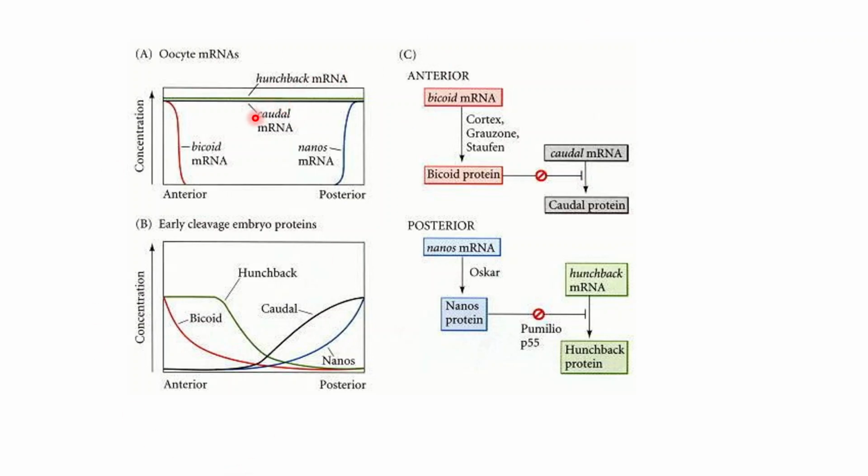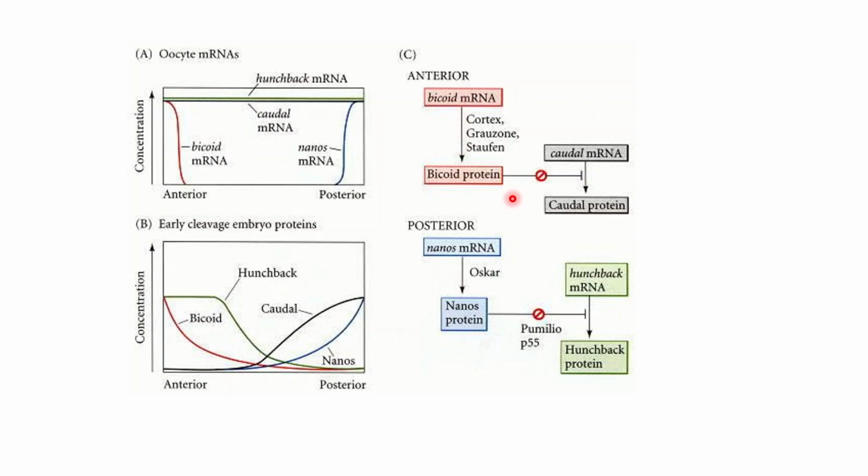So hunchback mRNA and caudal mRNA are all laid down and present in high levels both in the anterior and towards the posterior, but bicoid mRNA and Nanos mRNA are localized to the anterior and posterior ends respectively. According to the bicoid protein gradient, we see a higher hunchback gradient towards the anterior. Similarly, wherever there is a higher Nanos gradient, it inhibits the translation of hunchback. So if you see here what happens in the anterior, bicoid mRNA